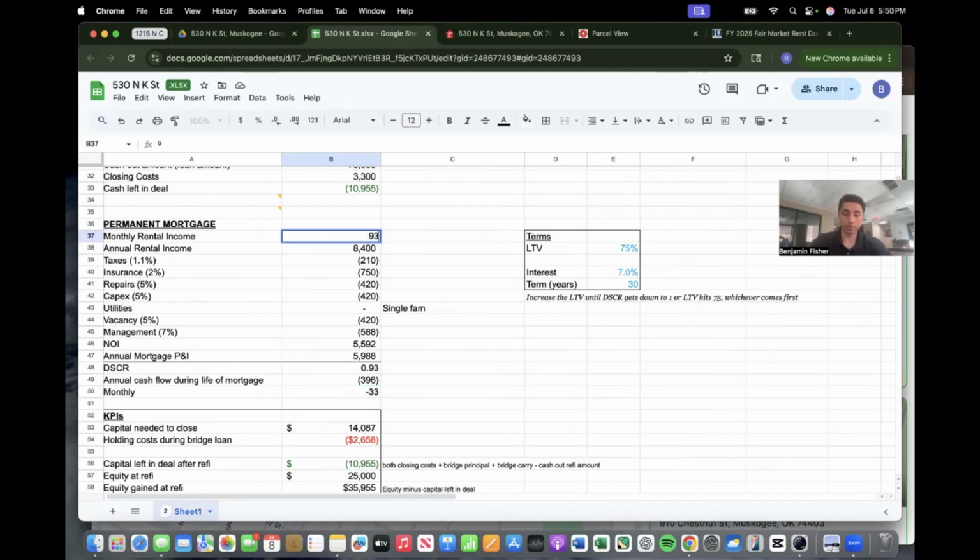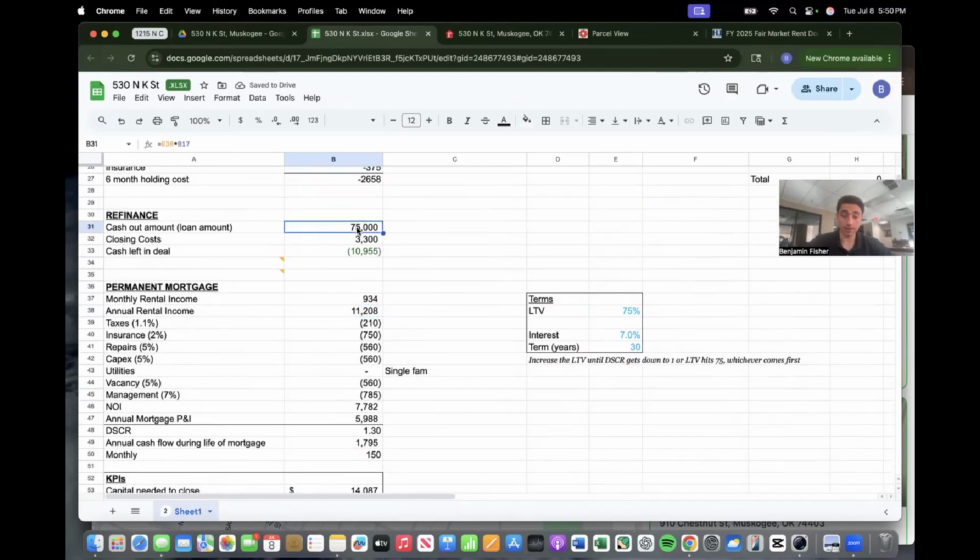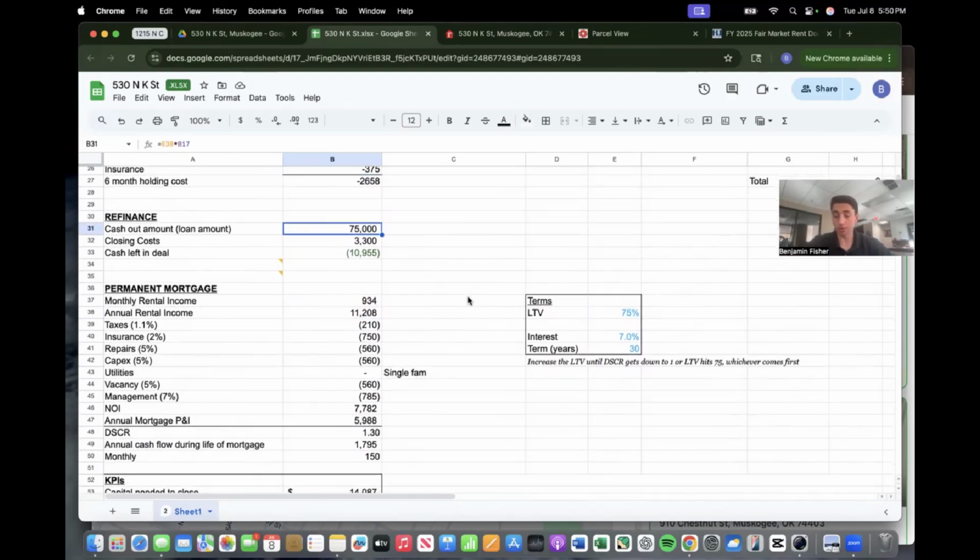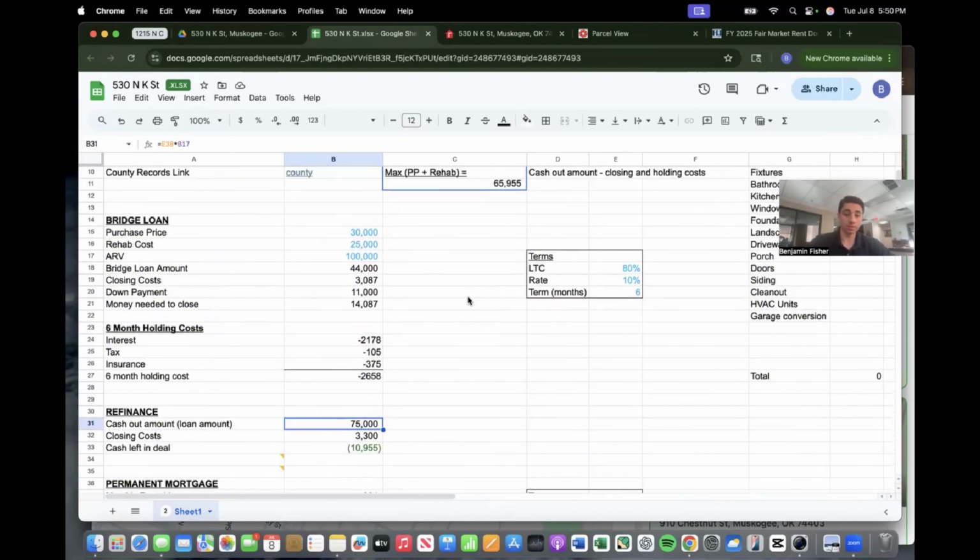But if it's renting 934, and the bank's not going to give me that if they are unsure that the property is going to support the loan. So we'll put this back. So I know I'm going to be able to get 75,000 back from the bank, or I'm hoping to, which means I want all of my expenses, my purchase price, my rehab, and my closing costs of both loans to be